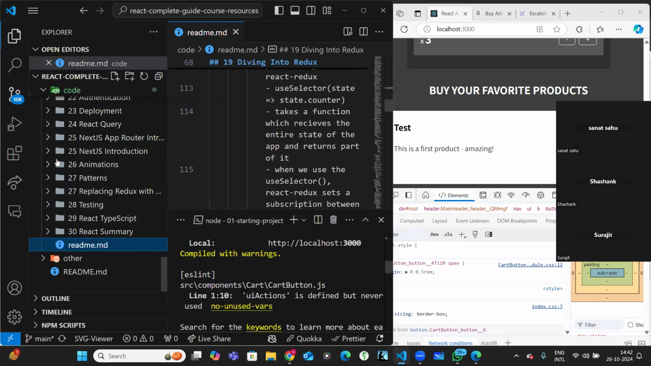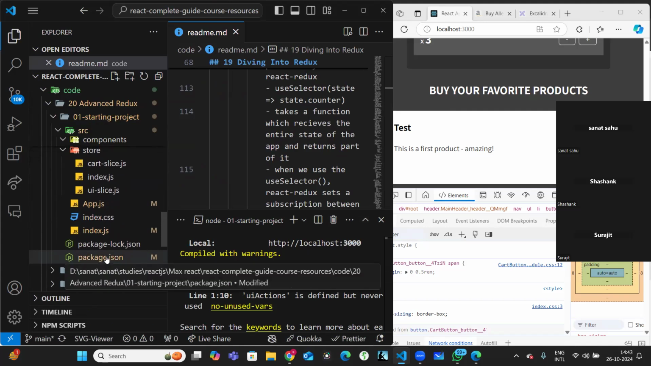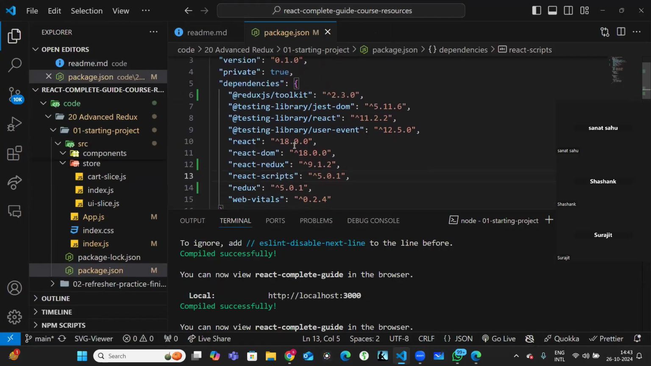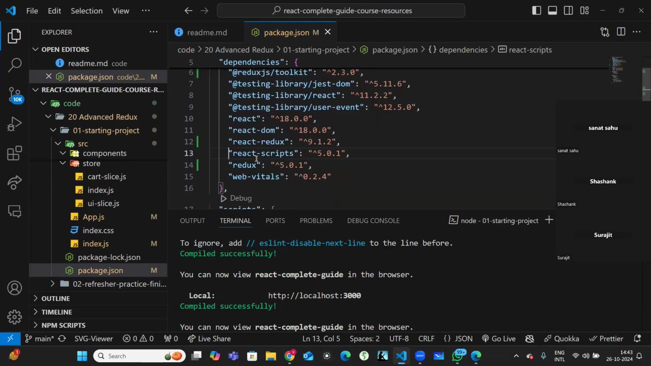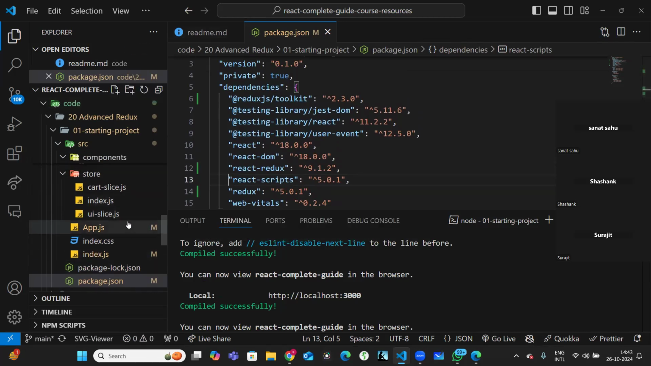After you install, if you check your package.json, what you will see is React Redux, Redux, and @reduxjs/toolkit. These three things will be installed. Okay. So after installing,